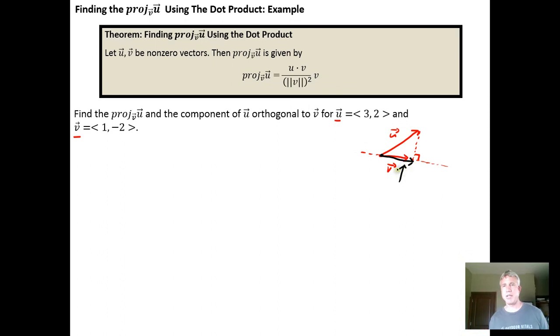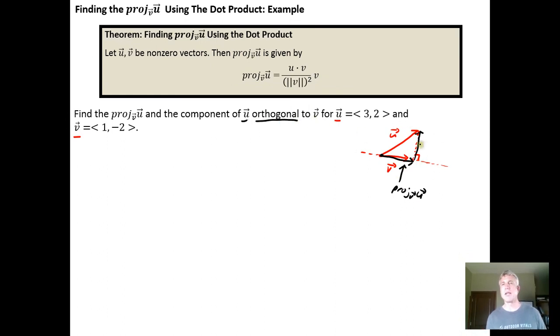That vector right there is the projection of u onto v, and then the vector that goes from the foot of the perpendicular